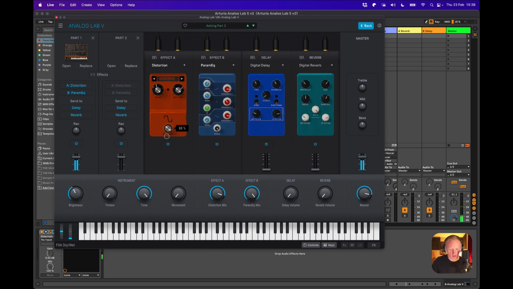Might dial back on the dry and wet a little bit, just to calm the sound down, take some of the thickness out of it, because I'm going to be layering it over that glitch loop we heard previously. And we've got the delay and reverb, and this is where it gets interesting, because we can start to actually find delay and reverb settings that might be able to give us some more interest as we go through a full melodic techno production. So from here, if I just play this, and if I add in the delay a little bit,